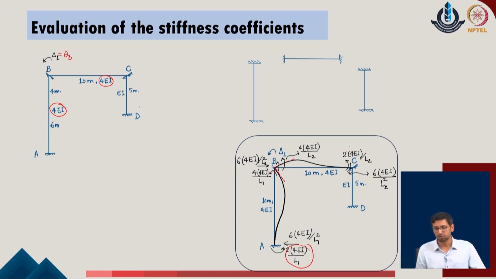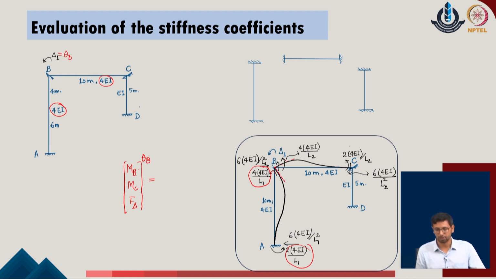So, by using all these criteria and by calculating these values, one can easily evaluate the contributions in the direction of the joint B, joint C, and the delta or the force contribution with respect to the delta of the given system. So, we are now looking for these three contributions with respect to the theta B contribution of the given system. As I go to the joint B, I realize that the net value of the moment over here is 4 into 4 EI upon L1, which is corresponding to the first joint.